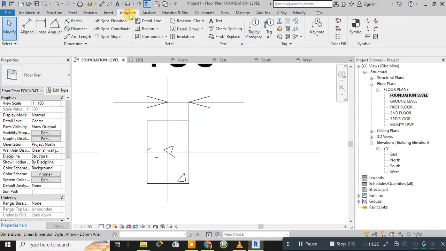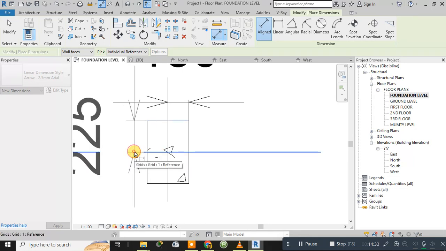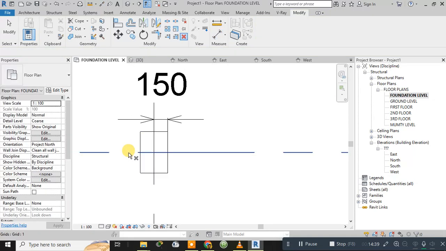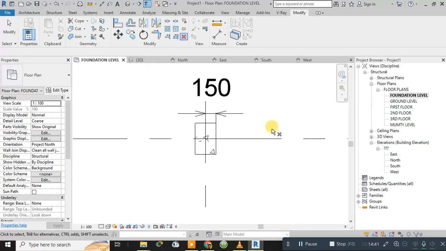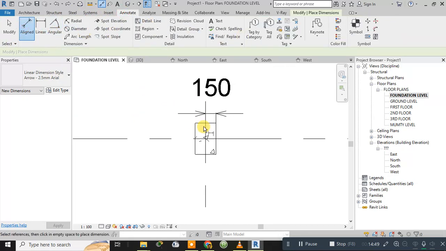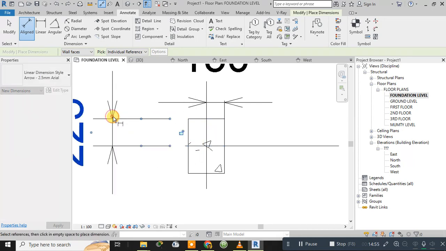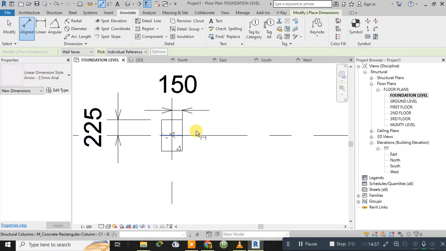Go to annotate, aligned. Go to the annotate, go to the aligned. Instead of clicking this line first, I will click in this line and this line. After that, see, now I have shown the